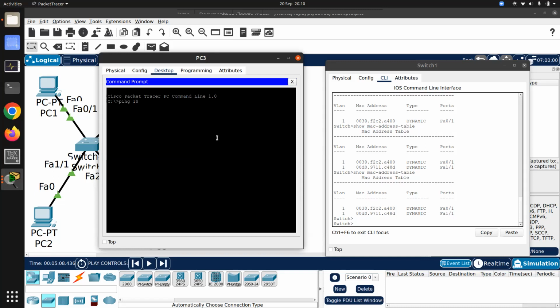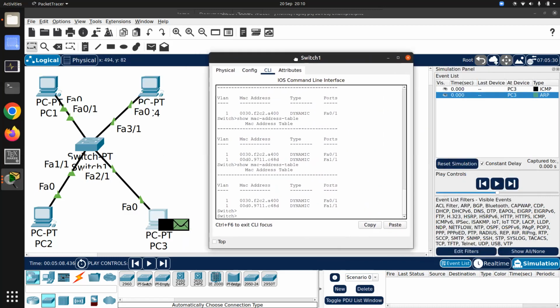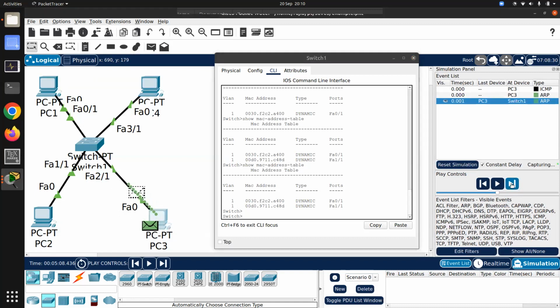Ping 10.1.1.4. Let's do this. Okay, I should have given only one, but anyways, does not matter. So if we go ahead,